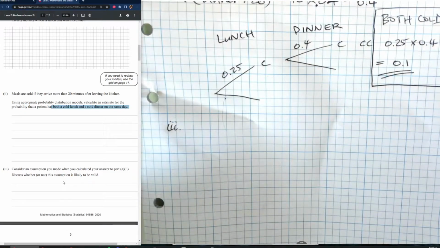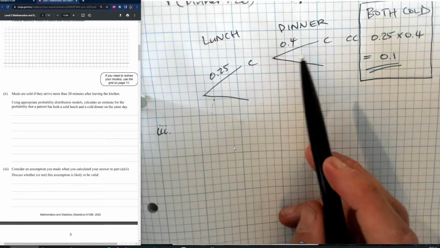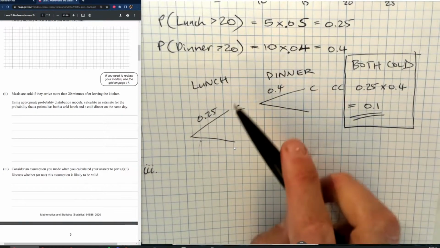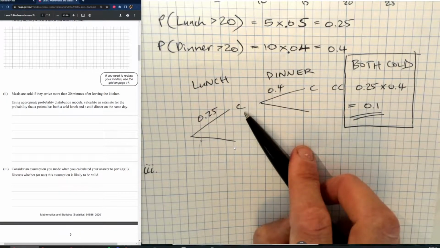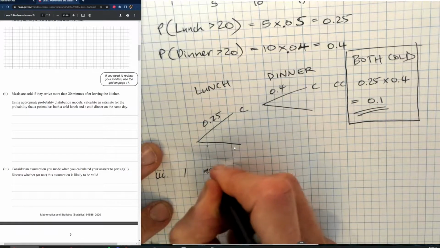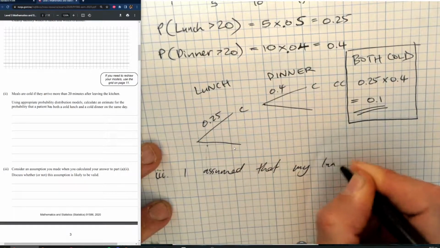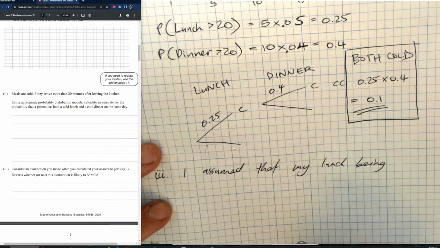Question 3. So we are doing 1A3. Consider an assumption you made when you calculated your answer to part A2. Discuss whether or not this assumption is likely to be valid. Okay, so when we did this calculation, we had an assumption. I think there's only one really clear assumption, and it's that your lunch being cold and your dinner being cold are independent. I assumed that my lunch,